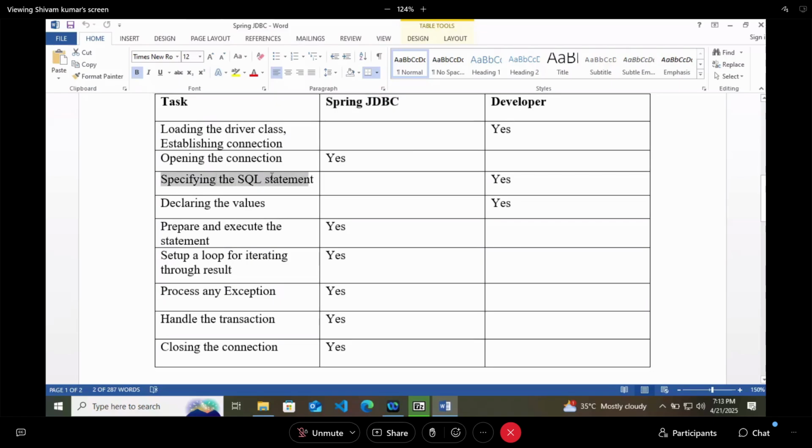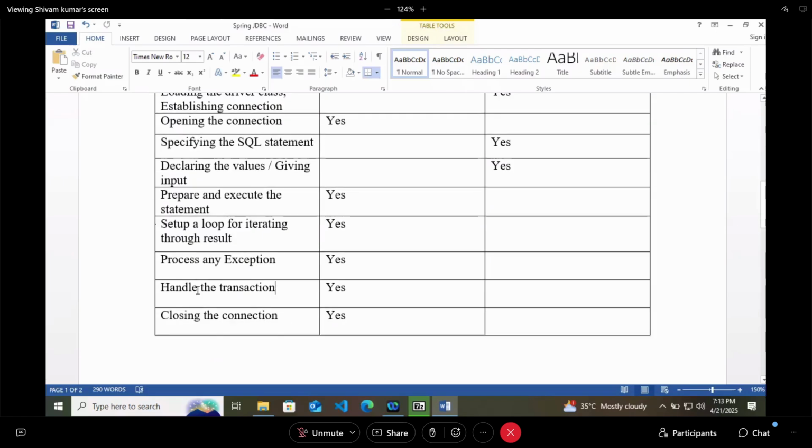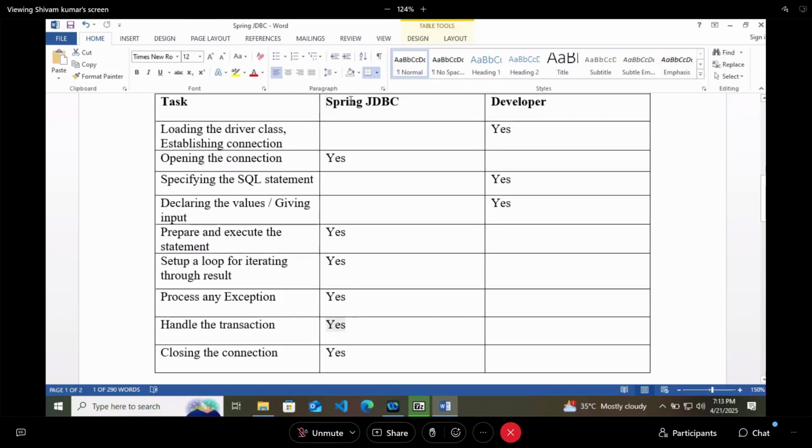Writing the SQL query and declaring the values, or you can say giving input, these things are done by the developer. Now preparing and executing the statement, setting up a loop for iterating, processing any exception if there is any exception coming, handling the transaction. So all these things will be done by Spring JDBC.